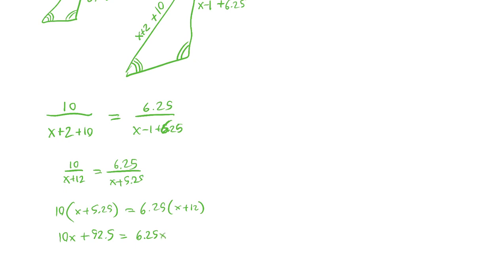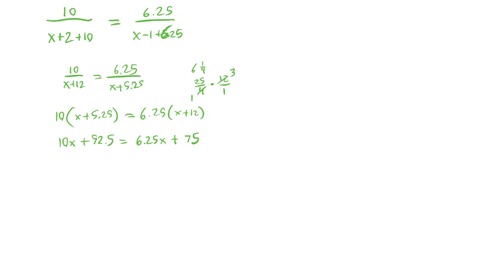So we get 6.25x plus, what was this? This was 6 1/4, or 25/4, times 12. That cancels, you get 3 and 1, so that's 75. Now subtracting on the left, we get 3.75x equals